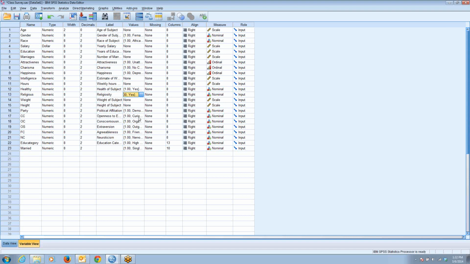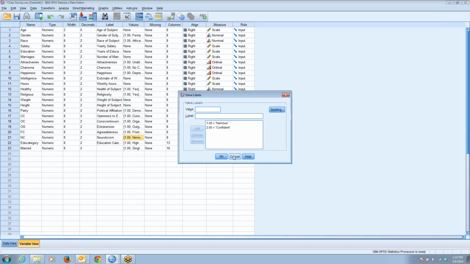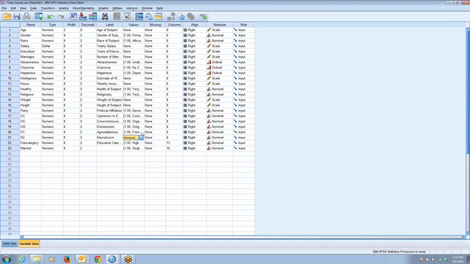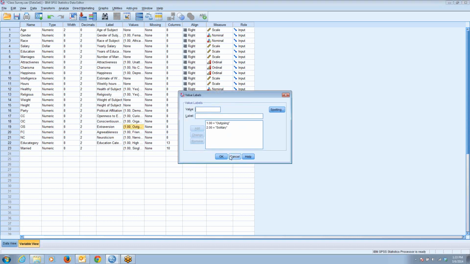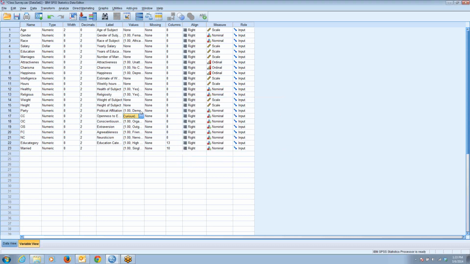Now this stuff, I thought this was interesting. This is the 5 personality factors. And so we have nervous versus confident, friendly versus cold, outgoing versus solitary, organized versus careless, curious versus cautious, and